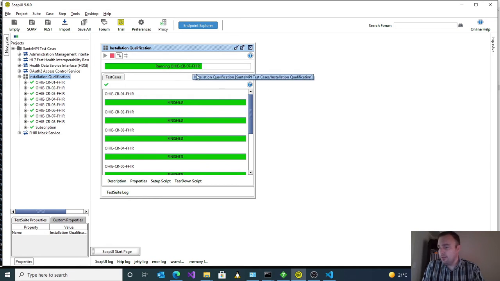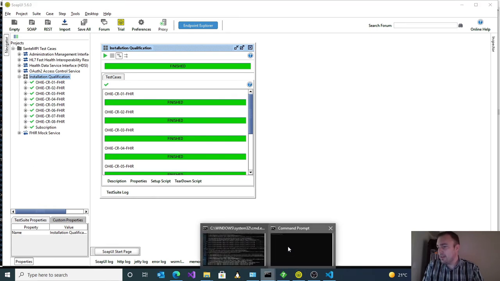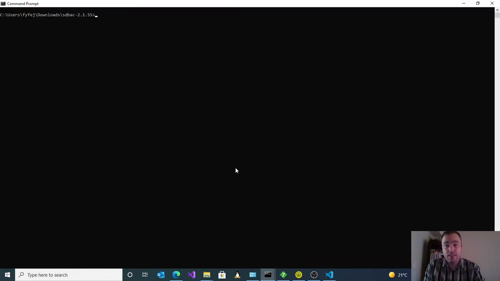So these are going to be running. In the meantime, what I need to do is create an authentication principle for my HL7 sender. The SOAP UI tests do this automatically because it can communicate with the REST-based services to create security principles, or security identities, automatically. But unfortunately with HL7 version 2, we can't do that. So what I'm going to do is I've downloaded the latest version of the SDBAC tool. So I'm going to launch that, and I'm going to log in